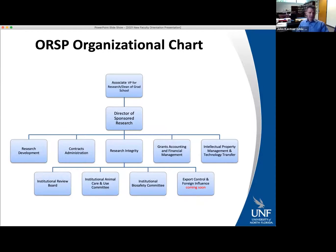Research integrity is directed by interim assistant director, Dr. Bridget Rahim Williams, who also has considerable experience in research development. We actually moved her from research development to research integrity to help us with that at the moment. And then I see Patty Launer is part of the grants accounting and financial management team, which is directed by Angela Gibson, who I'm not sure I see here